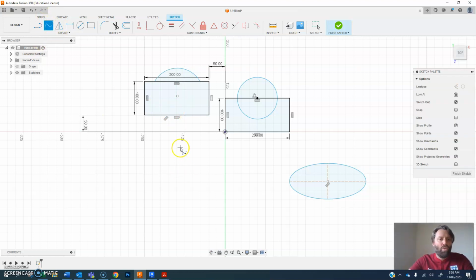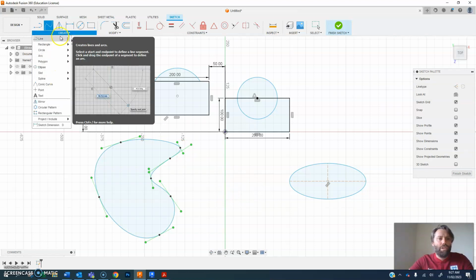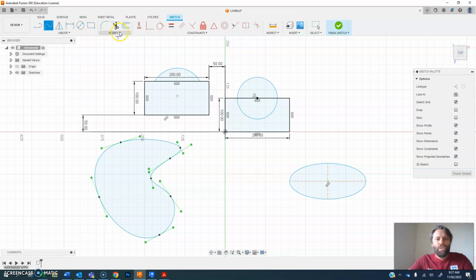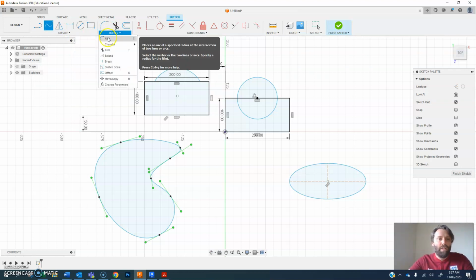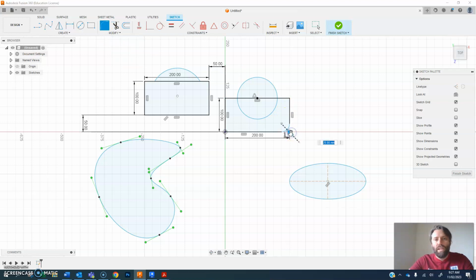And more organic sorts of shapes like splines we can create. Like this. Heaps of different tools you can use. And there's also a set of modify tools. So these modify tools can be things like fillets. So if I wanted to round off this edge,